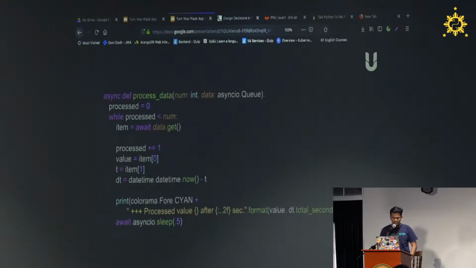For the process data, it's the same, but once again we use the async keyword. Every async queue method is a coroutine, so we put await here, and for the sleep, we use await asyncio.sleep.